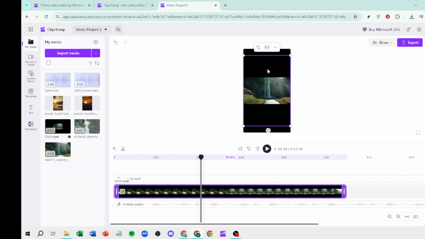Head back to Clipchamp, click Import Media again, and select the screenshot you just saved. It will appear alongside your video in the media panel. Drag the screenshot onto your timeline, then split your original video clip at the point where you want the freeze